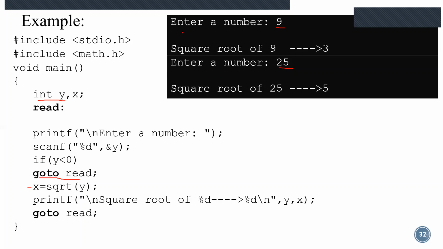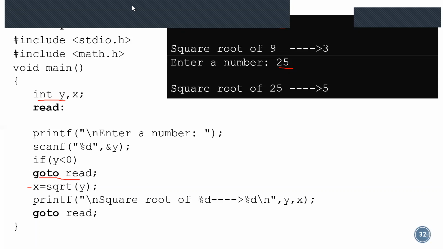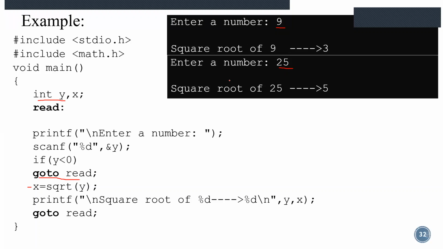What I'm asking is, if we enter the number 3 and we want to find the square of 3, which is 9. You want to write a program which will find the square. Yes, ma'am. For that, what will be the changes here? Instead of the square root function, you have to use power. Actually square is 2 raised to 2, right? So you have to use another math function called power.